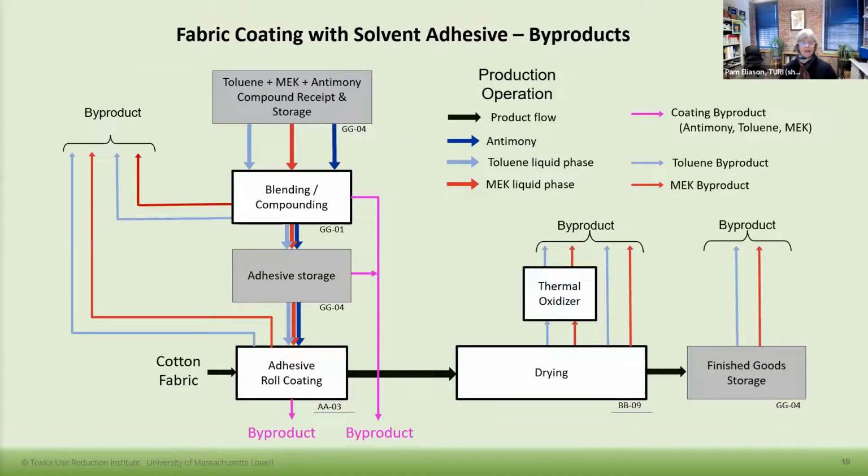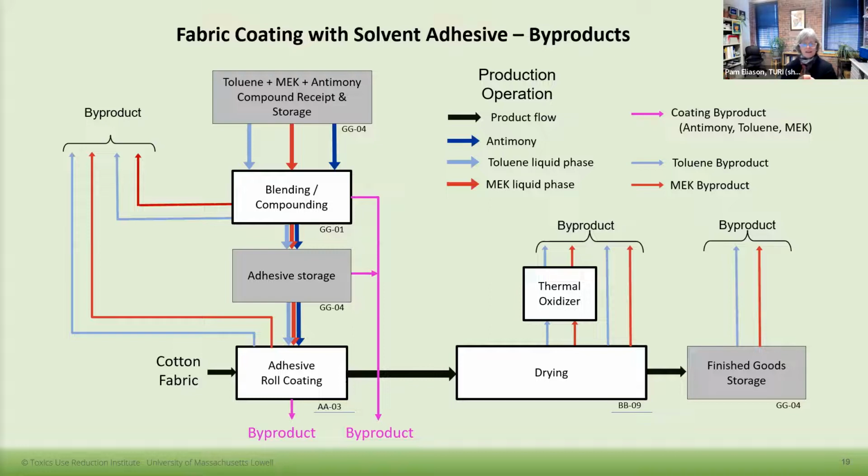Now we want to add a little bit more detail. What happens after that initial input? What happens at each stage? Are there wastes associated at any of those stages that we need to account for? And so you might be seeing that there's likely fugitive emissions in the blending process as well as byproduct. So that might be blended